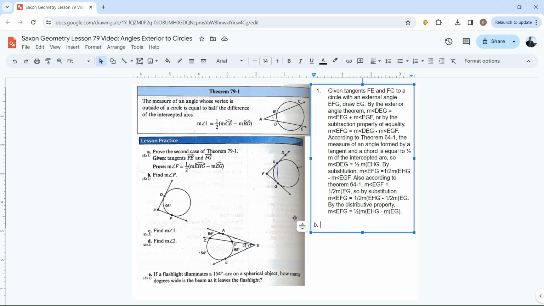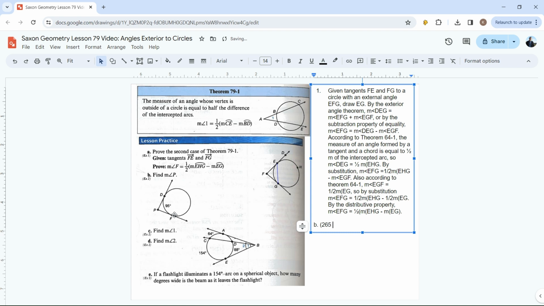So what I'm going to have to do is subtract one of the intercepted angles from the other, the smaller one from the bigger one. I'm given this 95-degree intercepted arc right here. Can I infer what the other side of this arc has to be? Well, the whole circle has to be 360 degrees all the way around. So that means that this major arc is going to be 360 minus 95. 360 minus 90 is 270, so minus 95 is 265. And what this is going to be is